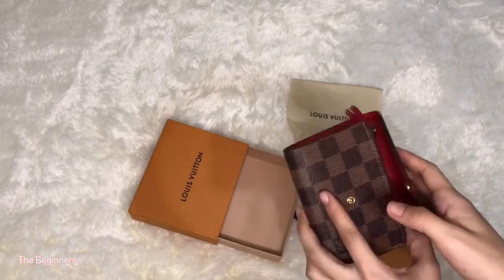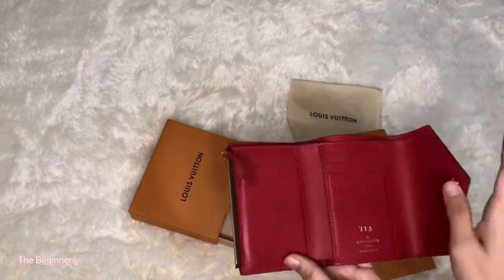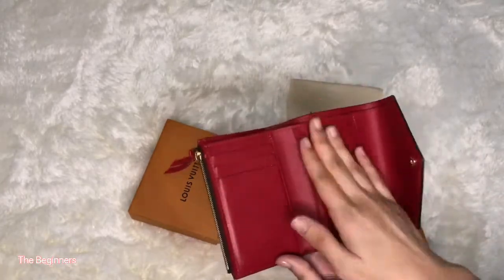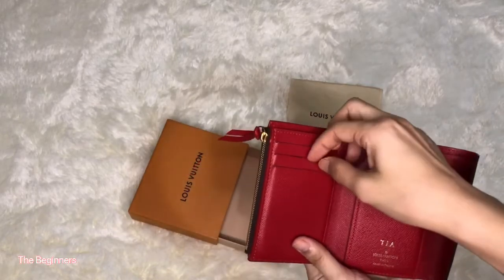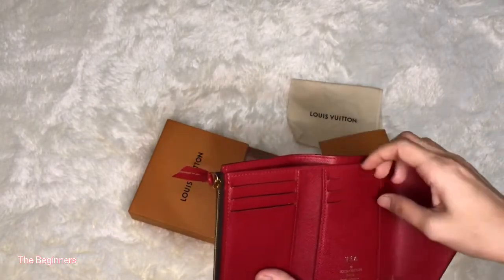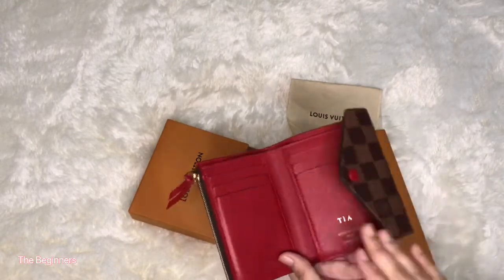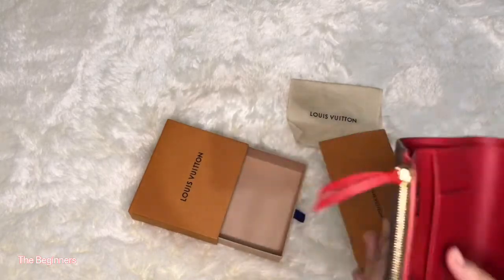So I wanted to have a smaller wallet at the time, and there you go, you have this trifold wallet, 3 sides, 1, 2, 3, and it has a 6 card holder, which is why we wanted to buy this wallet. I don't know if it's already happened to me, but the first time I bought it,